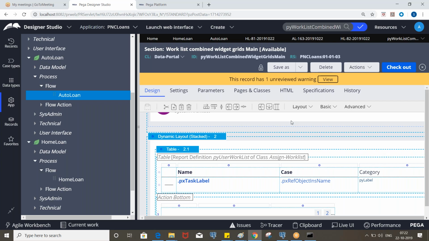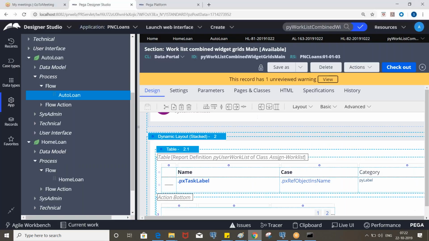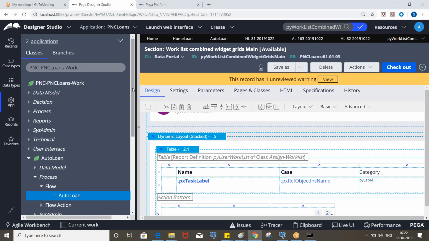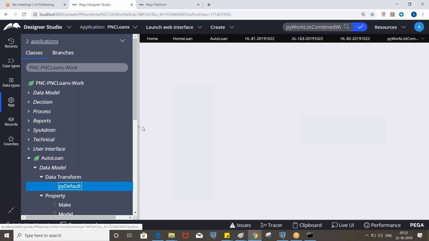First, we need to identify where this 10 value is being set. This is a static value, which means somewhere this value is being set to some property. We need to identify that rule, and that is py default data transform. And we have a property called px urgency work class.